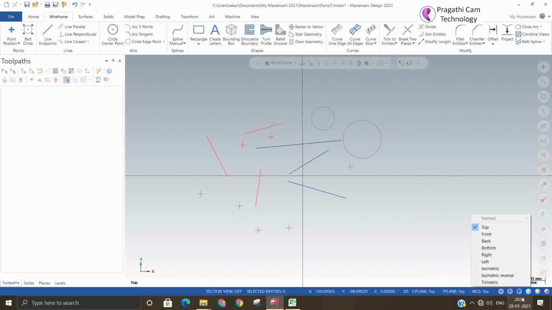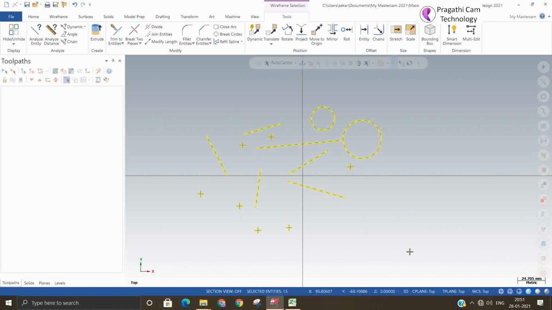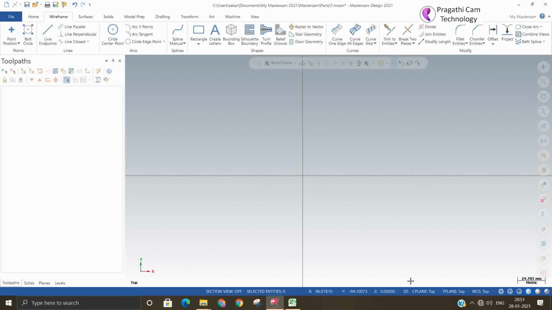Always C plane is equal to T plane. This is the WCS. This is for the wireframe and the shading purpose. For starting, always keep the C plane top and make it 2D. So whatever you want, you can draw it.